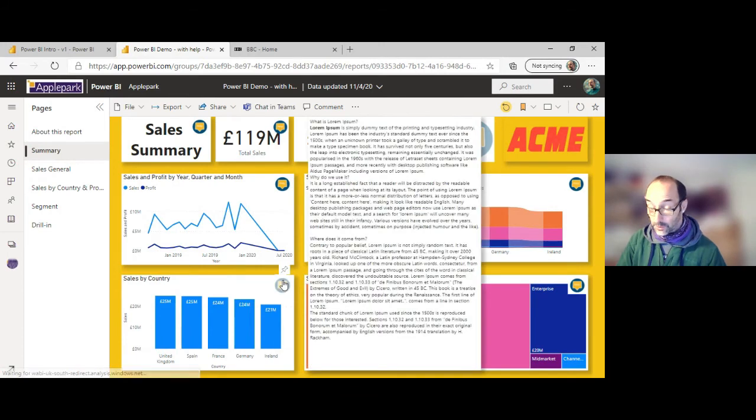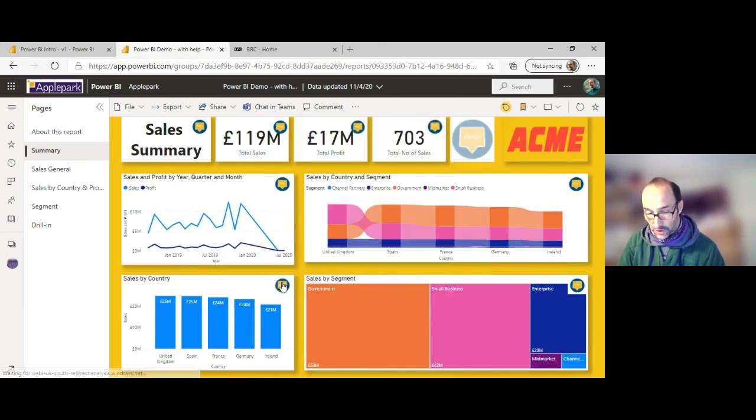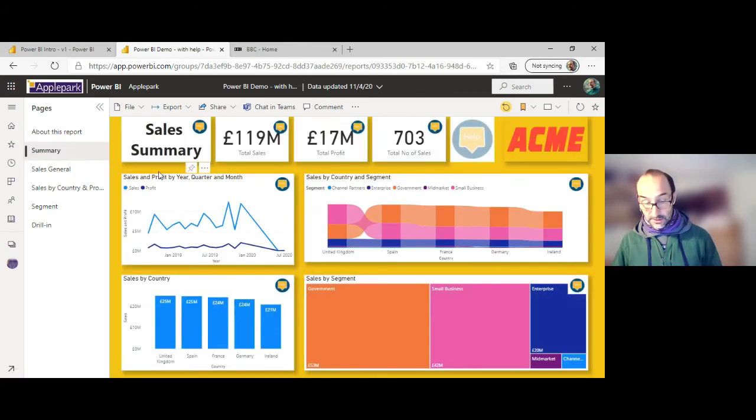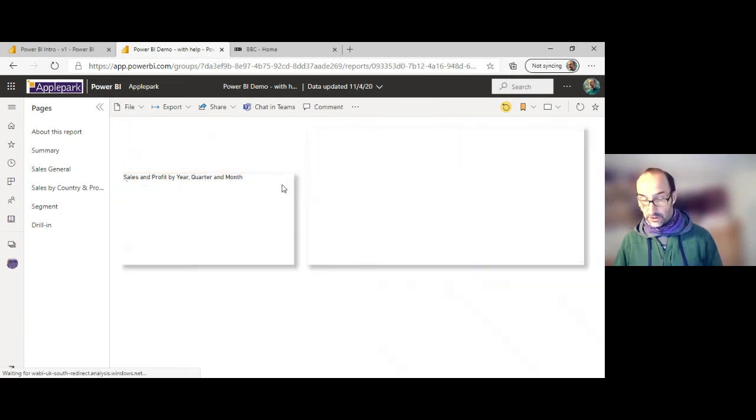So this was my help rather than the bookmark that I've just shown you. If I look at the help here for sales and profit by year, quarter and month, what that does is it takes us to a completely new page, hidden away. And on that page, effectively, I just leave the visual in the same place. So that visual doesn't change.